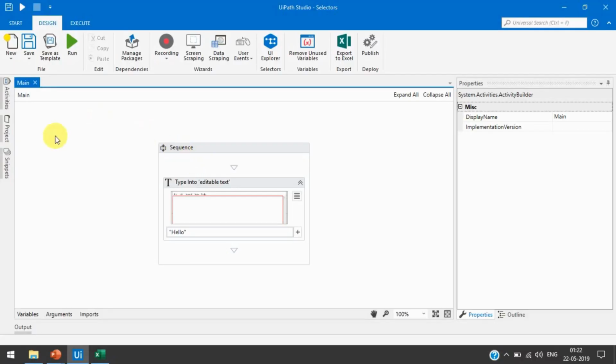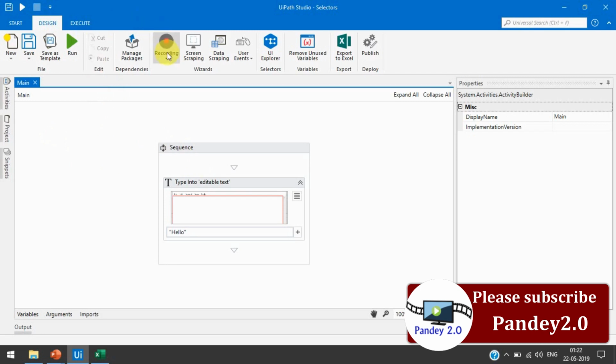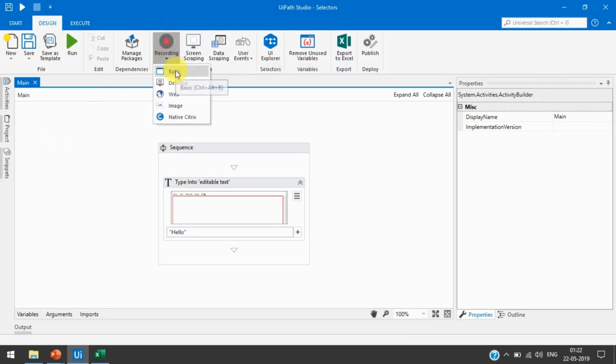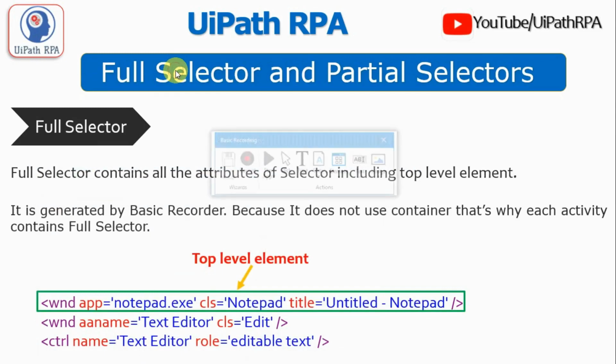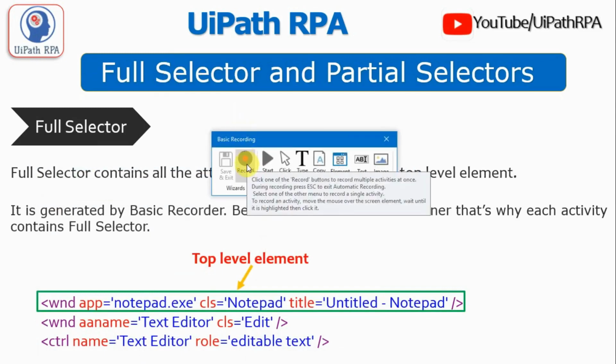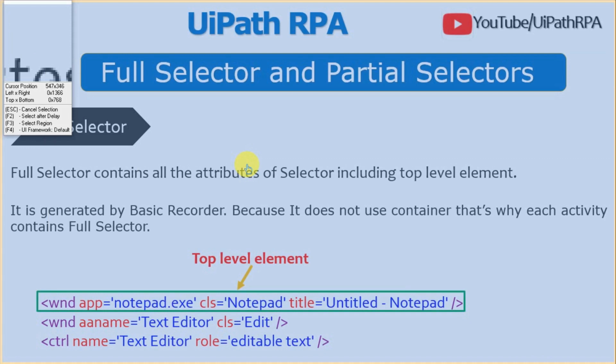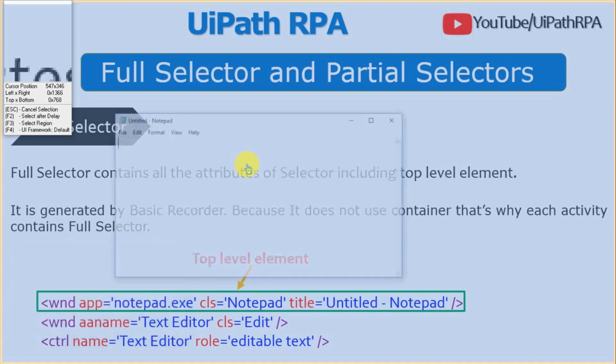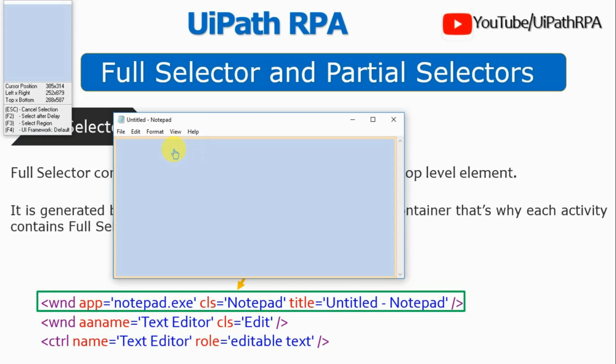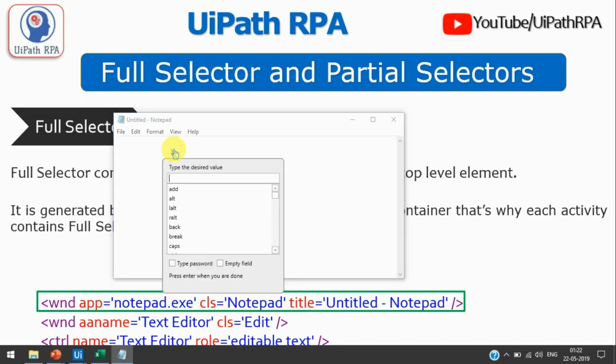Okay, so here you start. I will click on recording and then select basic. Now we have the option record, so we'll click on record. Let me first open Notepad here, and then we'll click on this empty area and write here: basic recording full selector, right?